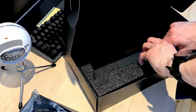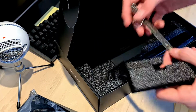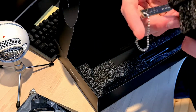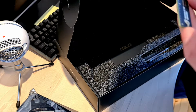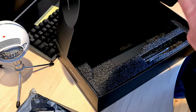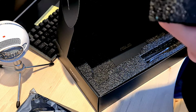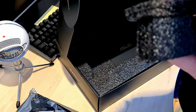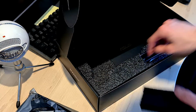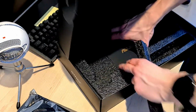So this here is, I think, a ruler. It has inches and no idea actually. Well, I think it's a ruler. Yeah, I guess so. It's nice. Well, nice top. Here are cable ties. And